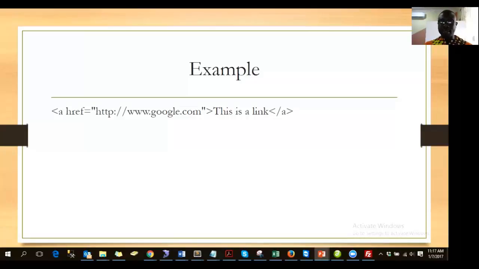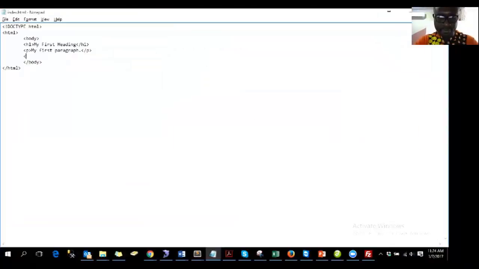And we can insert this into our HTML document and then see how it looks. Just a minute, let me end my presentation myself. So href equal to, then we go with this is a link. So close my A tag. Then I put in my reference or my link. So http://